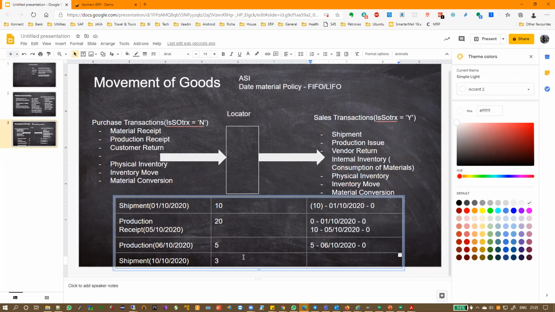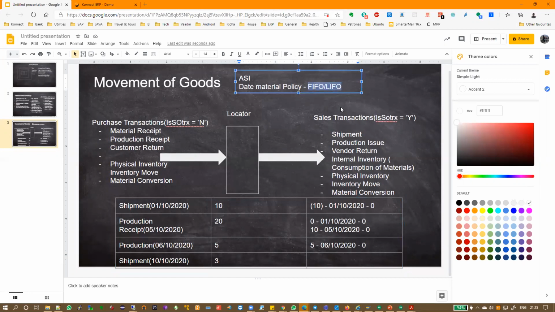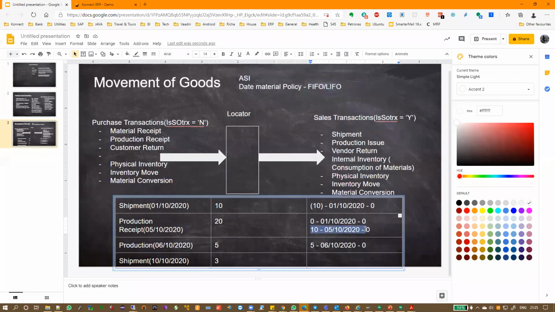So the system will check whether it is a FIFO or a LIFO. Based on the policy, the system will automatically determine whether it needs to pick up from here or here, and then it will reduce that number, but the date material policy will always be there.